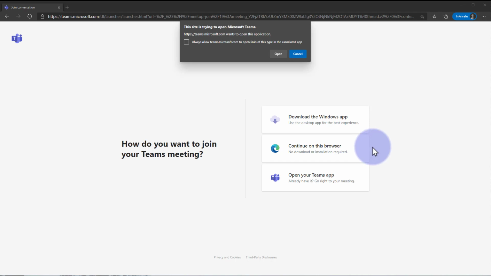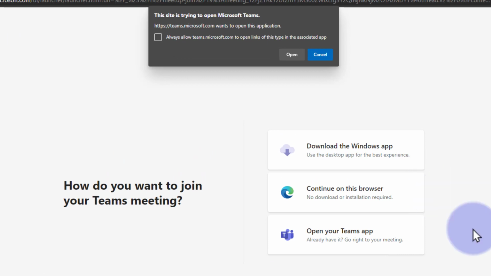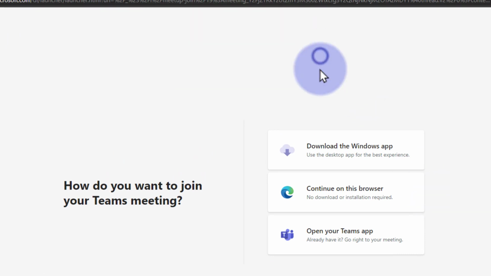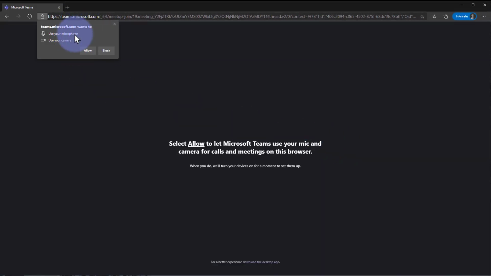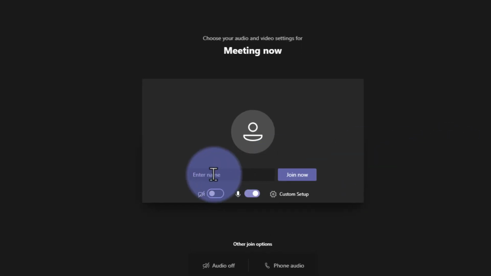And you can decide if you want to open this in Teams if you have the Teams app. Otherwise, you can go ahead and cancel this and say continue on the browser. Once you continue on the browser, you're going to get a pop-up here, and you can go ahead and allow these settings. And you will now be prompted to join as a guest. So you can go ahead and enter your name